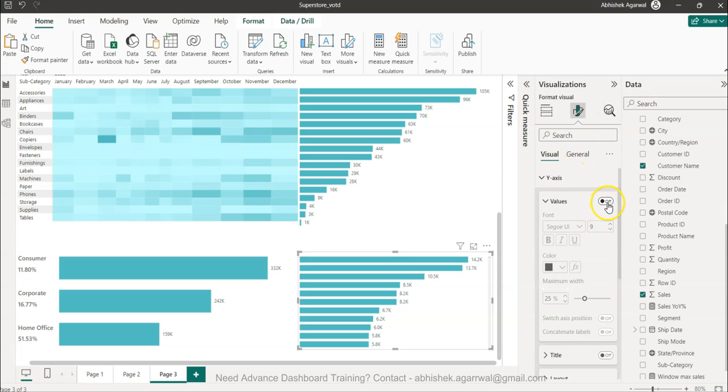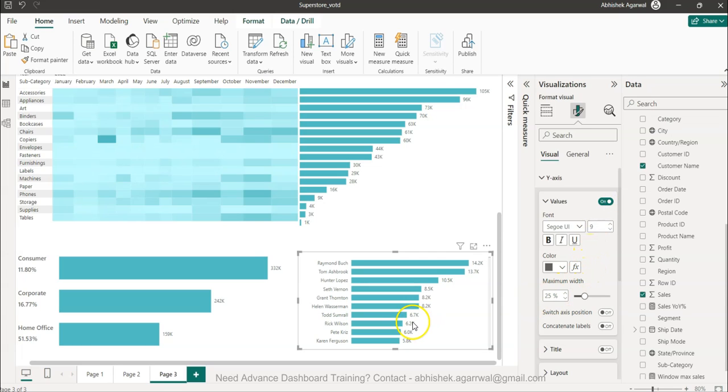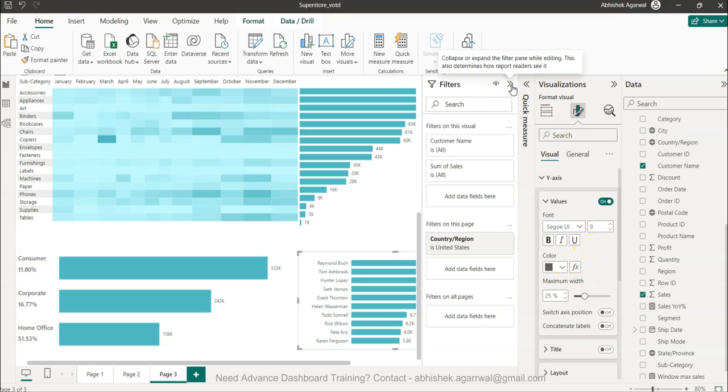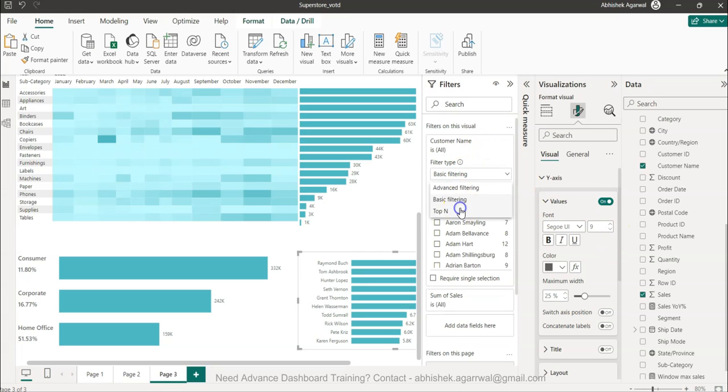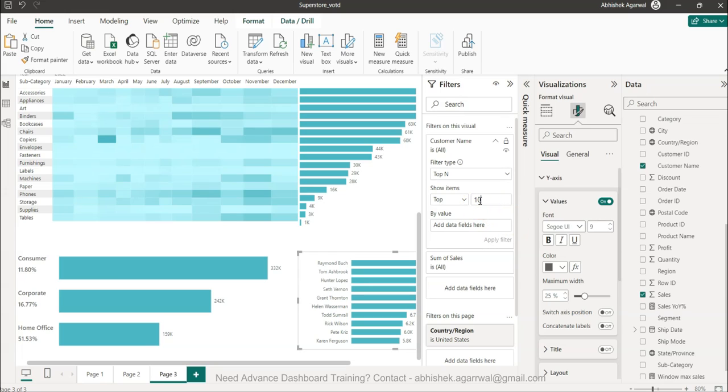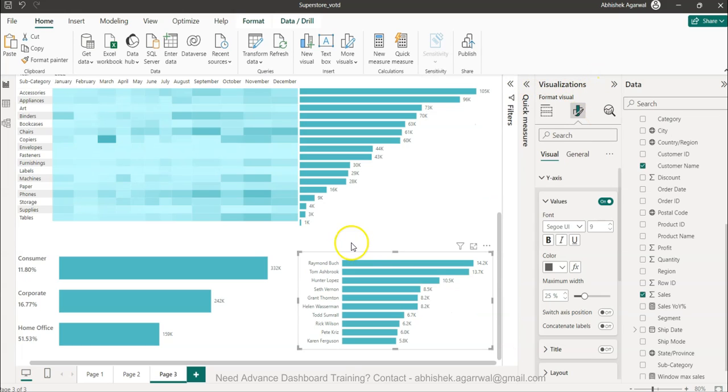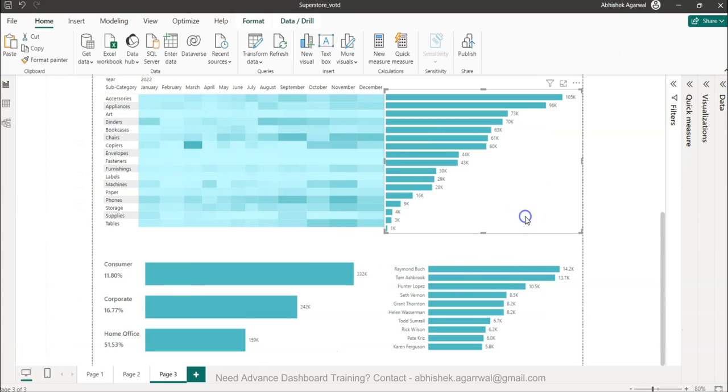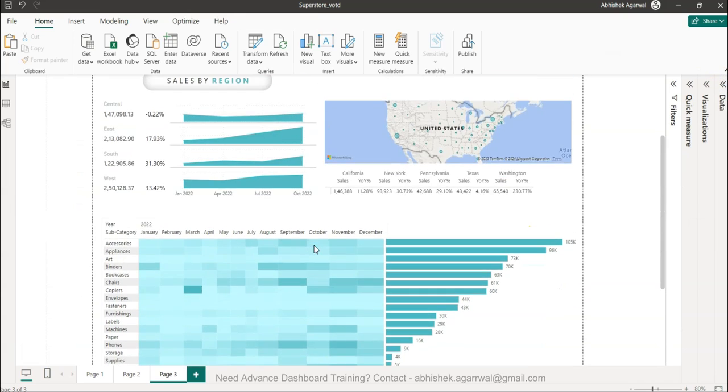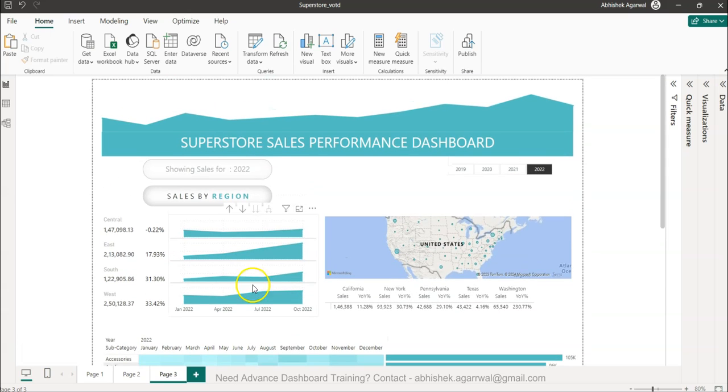So on the y-axis, we need values. Values are coming. In the filters, we need the top 10 customers. So customer name, from here top N, how many do we want? Top 10 we want. And then it will be based on the field sales. You can have sales, you can have profit, whatever you want, you can get it. And then you can add the button over here, top 10 sales, right? So as you can see, now we are done with our visualization in almost 1 hour,